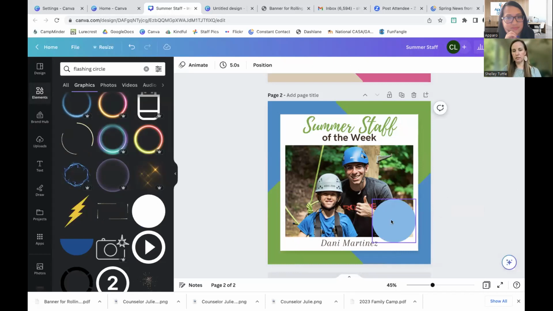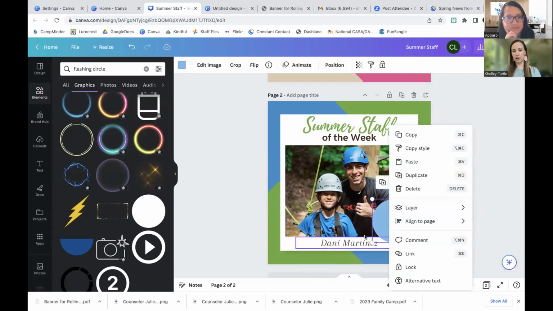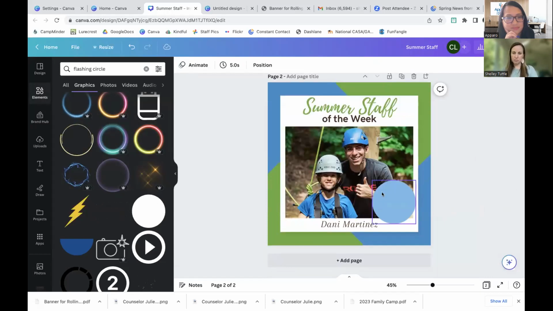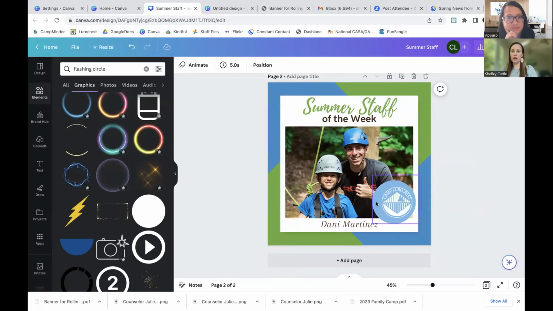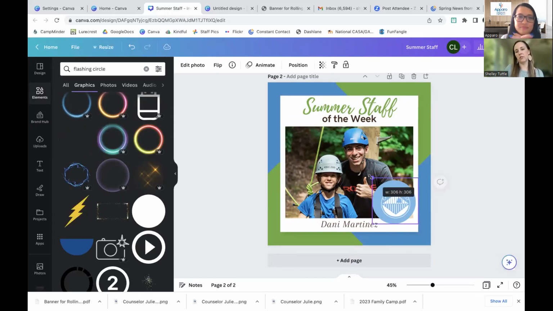I don't know why that's not working. Right click, layer, and then for whatever reason, it's bumping me out of there. Layer, send backwards. So now you can see that Camp Lore crest stands out a little bit more. We can make that a little smaller, but